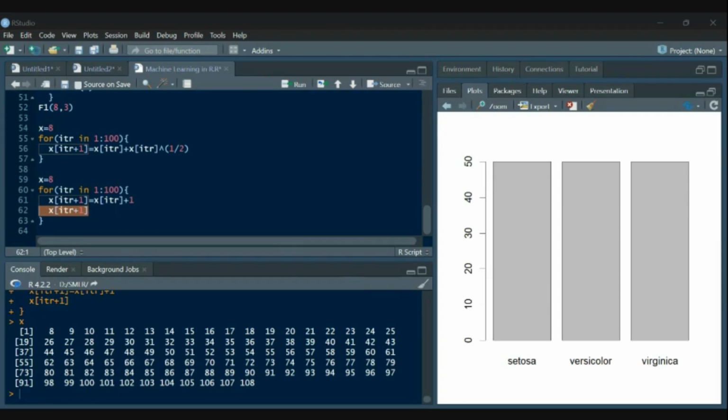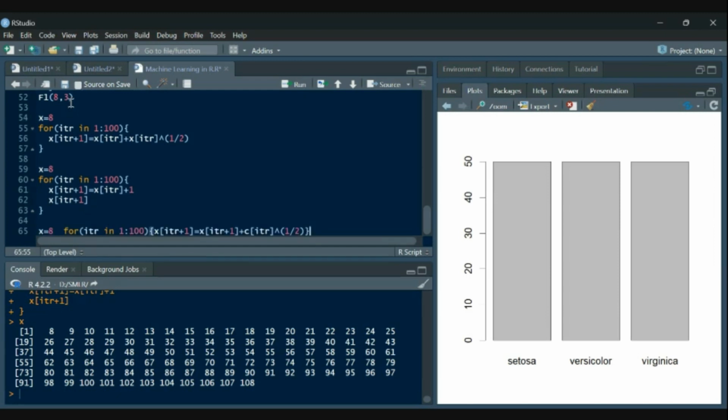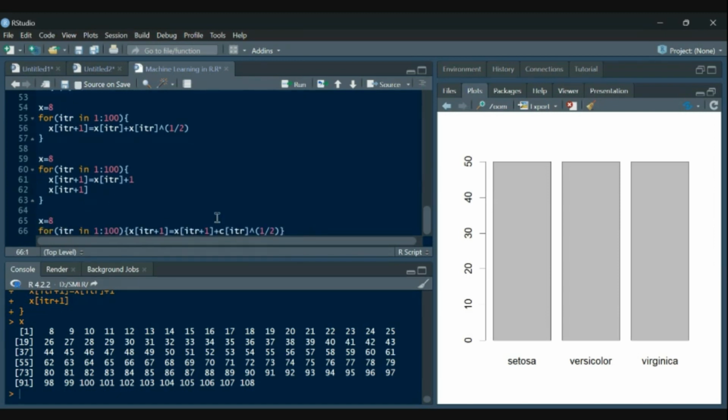Okay, why did you use C here? It should not be C here, no? They should be X. Then it should work. Okay.